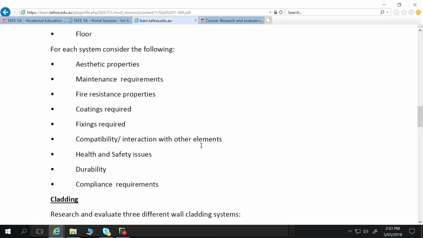Can't remember why I started talking about the sandwich panel cladding. What's that? Health and safety. Yeah. And so